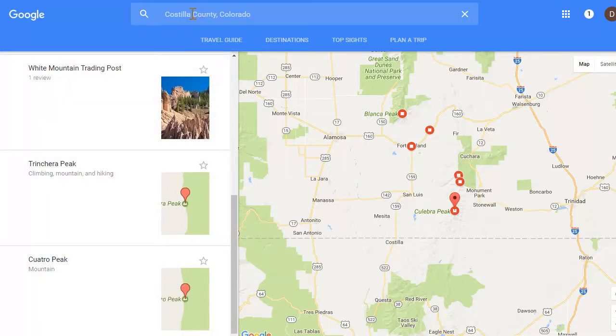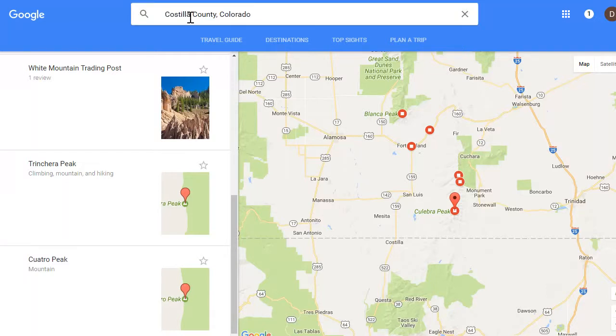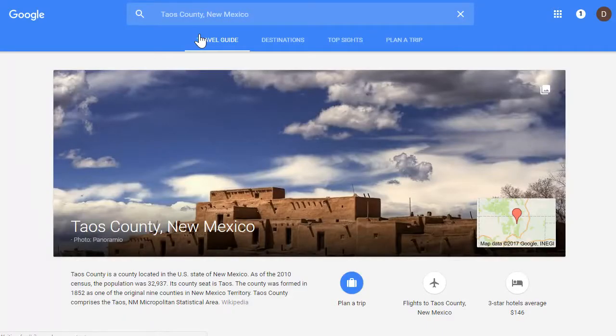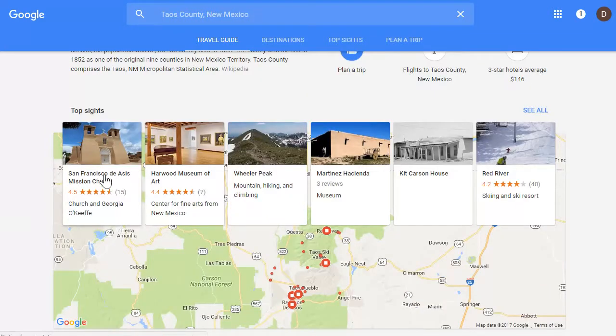And then this property, like I mentioned, is pretty close to the border. I mean, it's right here, right next to Costilla. And so the bordering area in New Mexico is Taos County. All right, and there is a ton of stuff in Taos County. So if you just go south, you're like an hour away from Taos, and there is all kinds of stuff. Art museums, outdoor things,